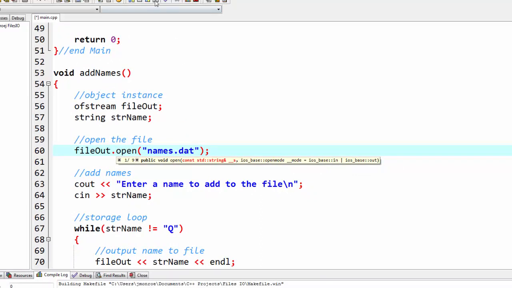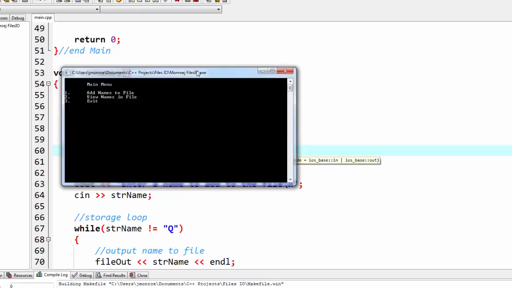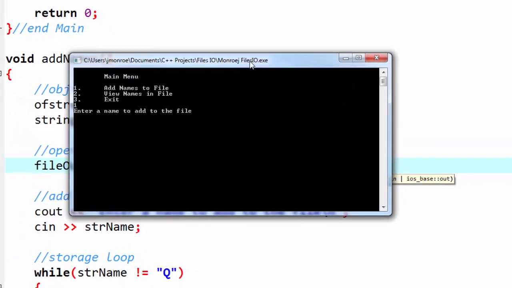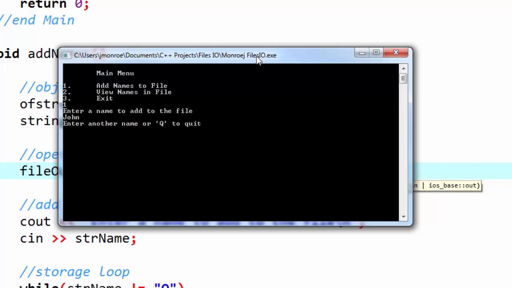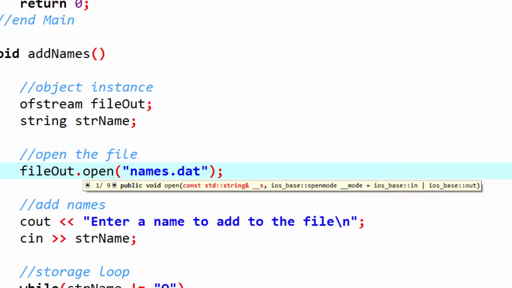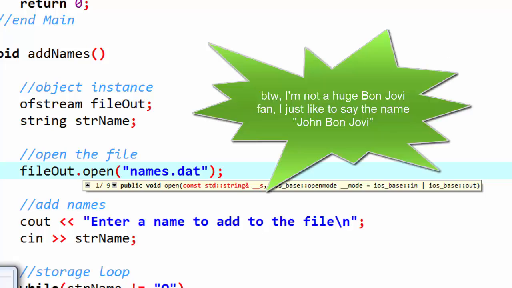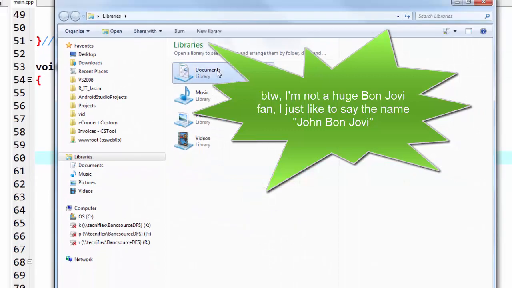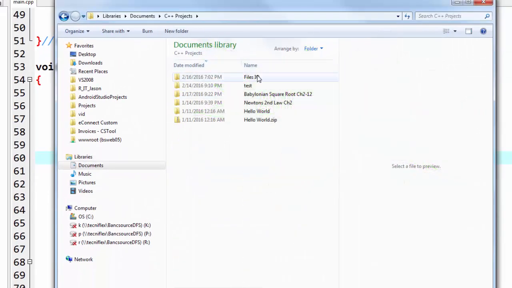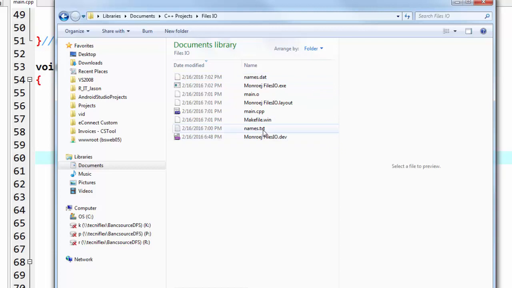I'm going to run the program again and add names to a file. Let's use different names this time. How about John Bon Jovi? And then we'll quit. Okay, and in that same location, I have that txt file still there, but it created a brand new file, names.dat,